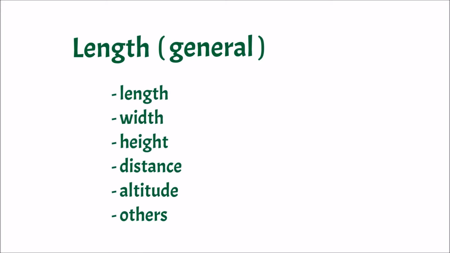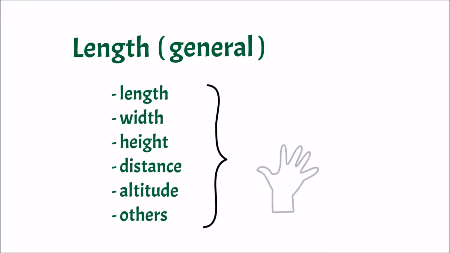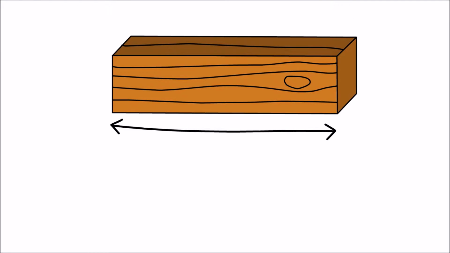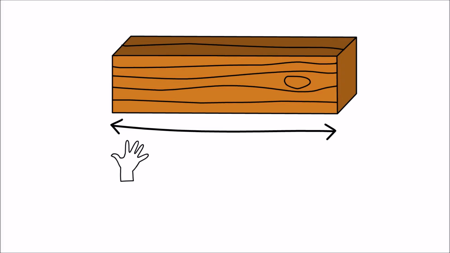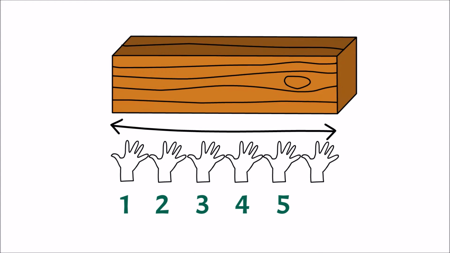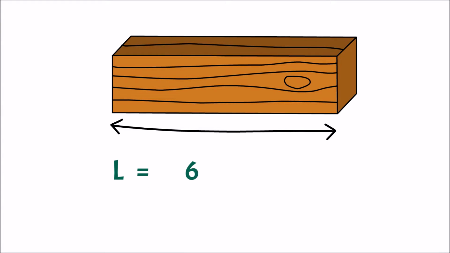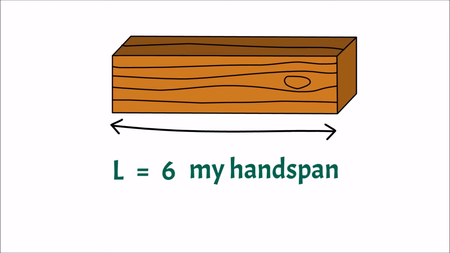But all of them can be explained in the same way, like using handspan. Well, we can explain length, say length of this block using adjectives, long or short. But that's not precise. So instead, let's use my handspan. With the handspan, we trace the length while counting how many of those handspan needed to cover the whole thing. So now we can explain the block's length as multiple of the handspan, which is much more precise than just